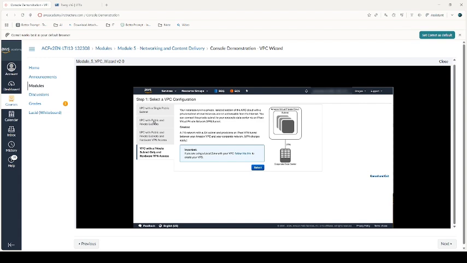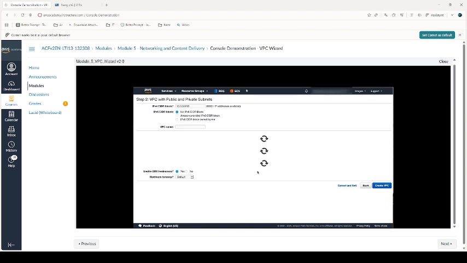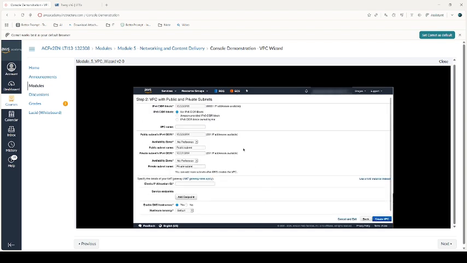So we will be focusing on the second option, the VPC with public and private subnets template. Once selected, we actually get to see a diagram of the topology that it will implement. And when we click on the select button, a number of questions need to be answered. The first one is the IPv4 CIDR block. We're going to leave that exactly as is,